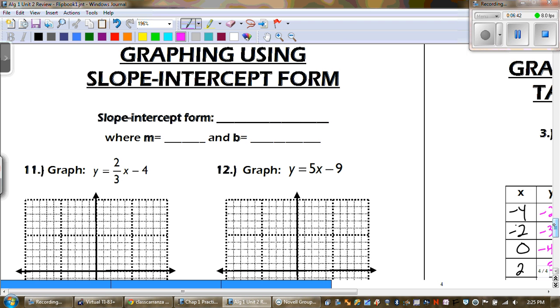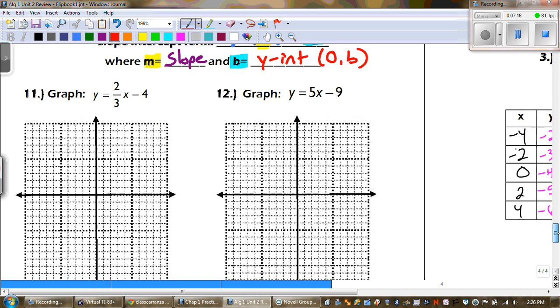Graphing using slope-intercept. Now, remember, slope-intercept form is y equals mx plus b, where the m stands for your slope, and the b stands for y-intercept, and we always write that as the point 0, b. Okay? All right, so for number 11,